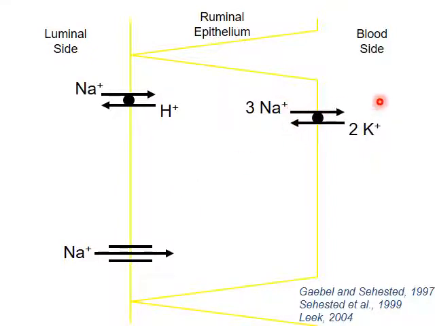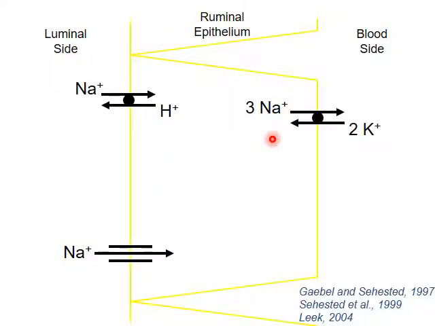Sodium is going to move over to the blood side, and sodium is going to be pumped back in. This is the sodium potassium ATPase pump. It uses a significant amount of the energy in the body, and it's used to set up a difference in charge, because we have 3 pluses going out, 2 pluses going in,